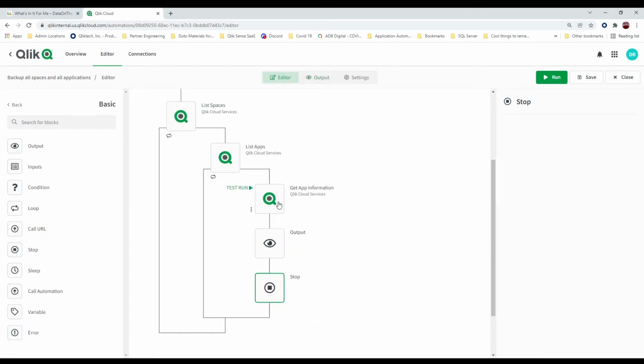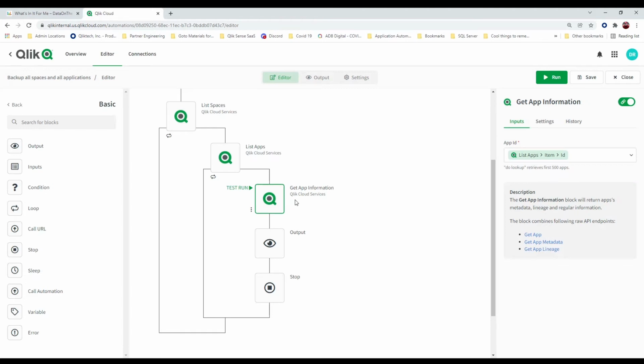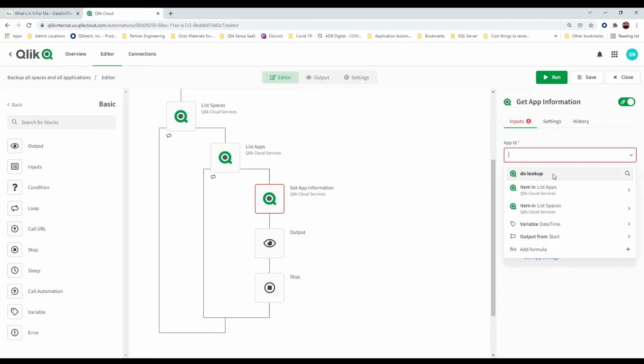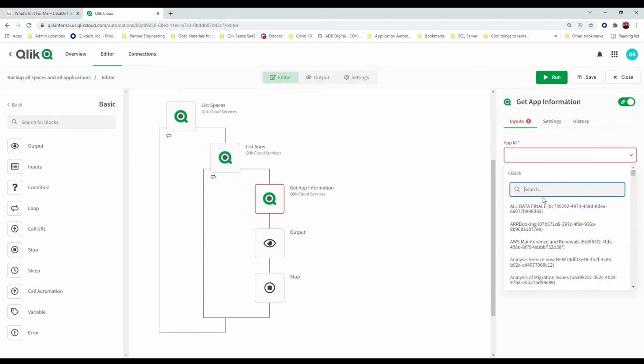What I want to do is change this. I want to get an application that I know will succeed because I want to know what the rights are, those permissions, when I do succeed. So instead of using this, let's delete that, I'm going to look up an app instead. And what I'm going to do is pick an application that I know I have access to. So I could go to the Qlik Cloud, and look for something either in my personal section, or look for a category that I know I own and have permissions to. Well, I know I've got access to this AWS maintenance